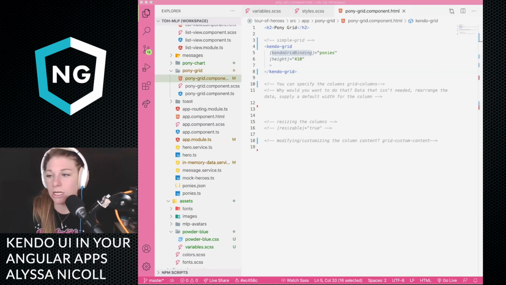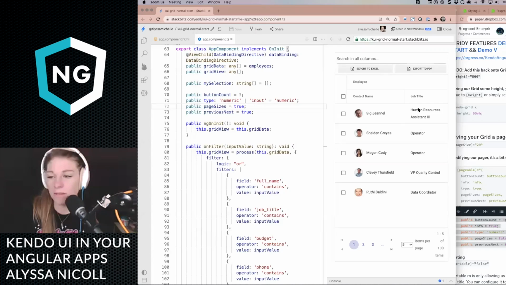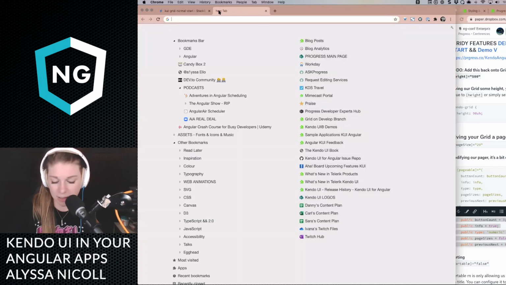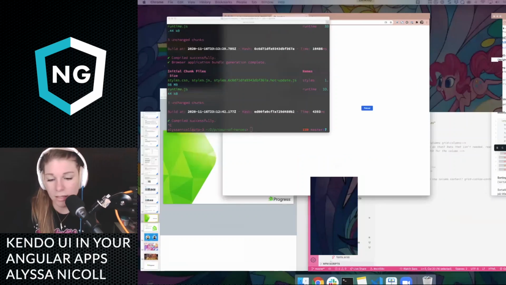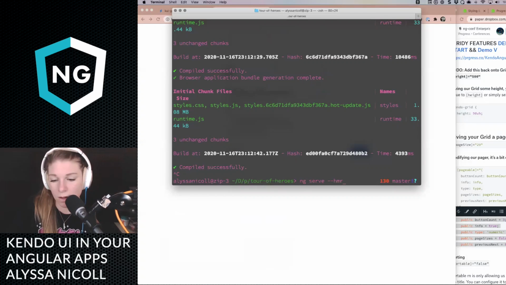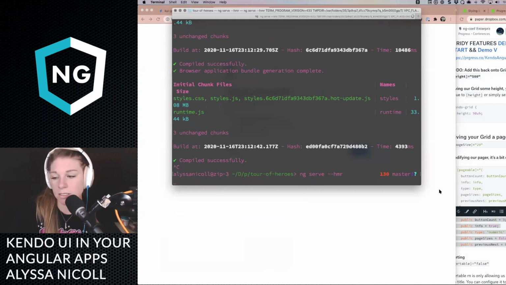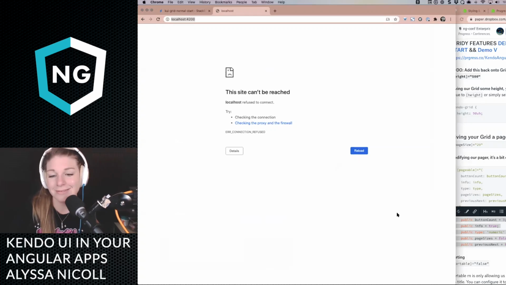I think I'm sharing. Let's do this. I'm going to share everything. Yes, that is all you need. If we go back to localhost and bring that up, you have to actually run the server if you want to see something show up.